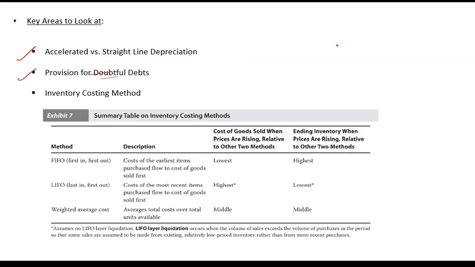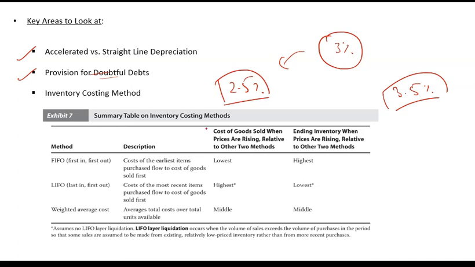So far, let's say it was taking 3% of total debt as doubtful debt. Now it has started to take 3.5% as doubtful debt. That is, it has increased its expense. And one of the reasons can be it wants to understate its income for taxes. Or another case can be that it has reduced it from 3% to 2.5%, and the reason can be that it wants to overstate its earnings. So any change in the estimate of provision for doubtful debt would impact the income and the P&L. And so provision for doubtful debt is an element which can be used by companies to control their profitability.